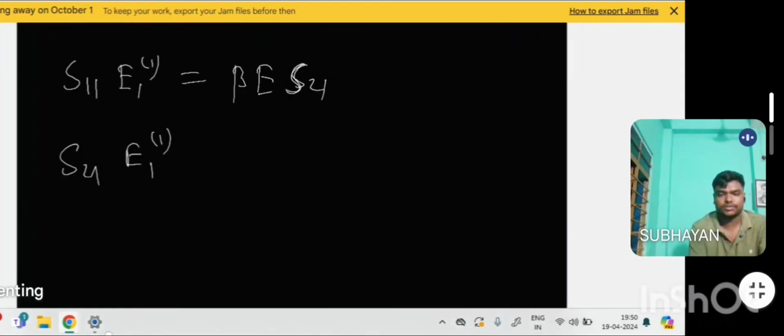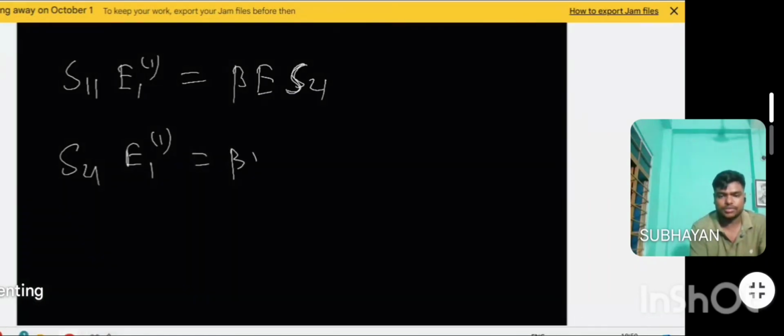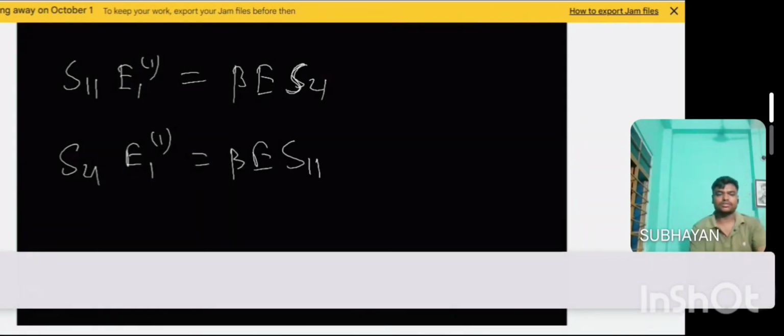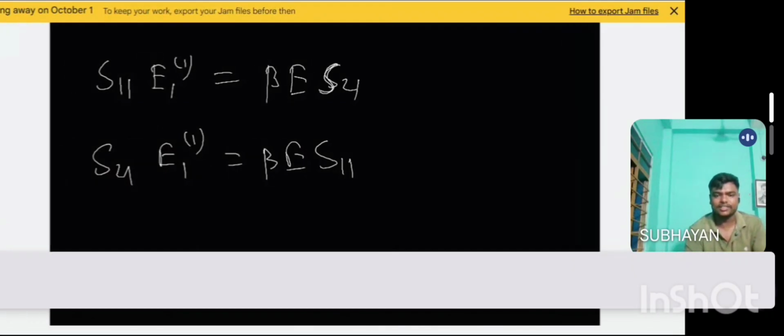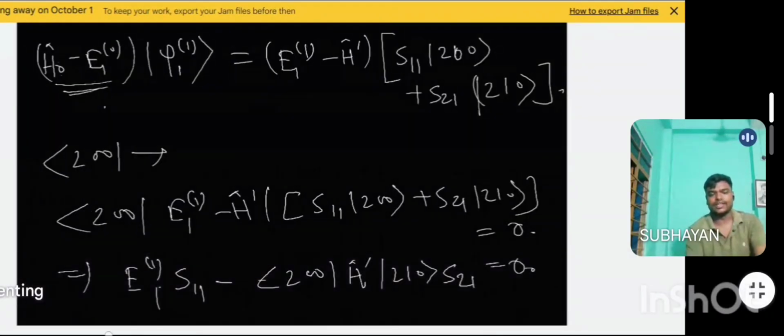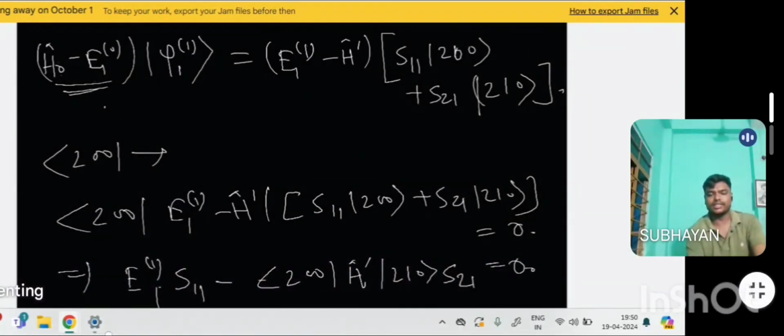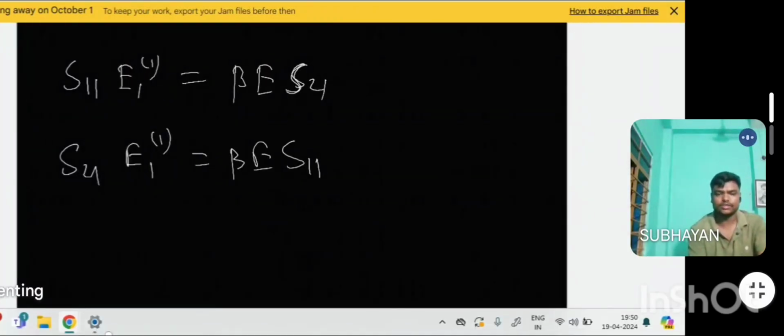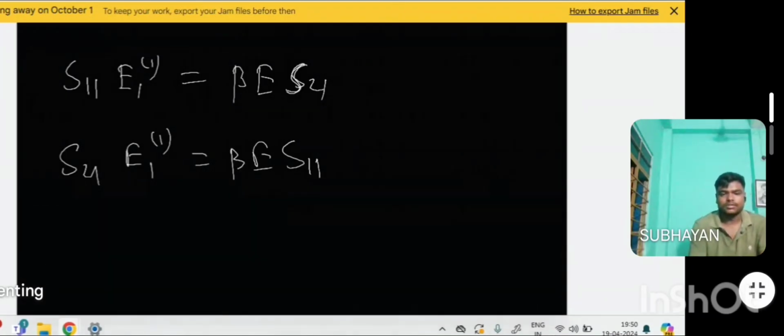S11 of beta E S1. You can check the calculation, very easy. And you can hit the bra of 210 at the left hand and right hand side. And a similar kind of calculation you can find for this one. Okay. So now